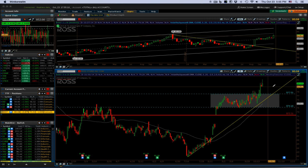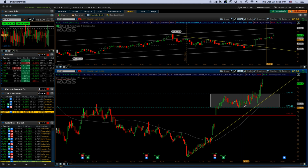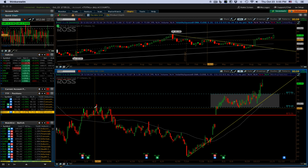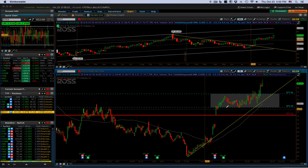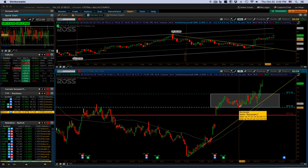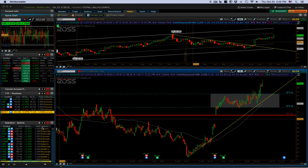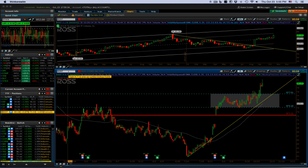But I think I just want to let this one play out a little bit, and then let this area set up a little bit more. But you could see that would be a nice area to trail to, being the highs from back here in the middle of March, and again the lows from here on the 23rd of September. So that's our positions. We are going to be entering 2 positions this evening, or I should say tomorrow morning,